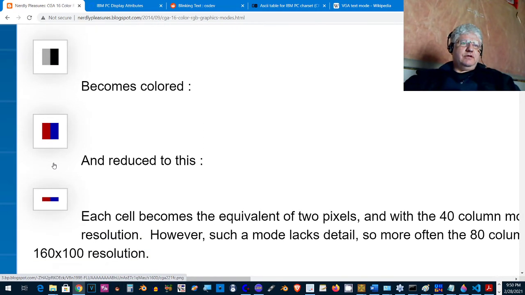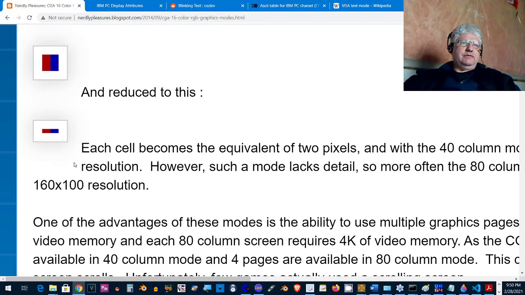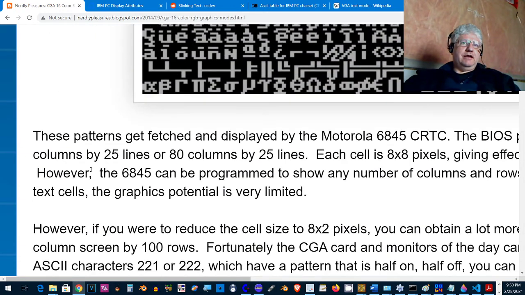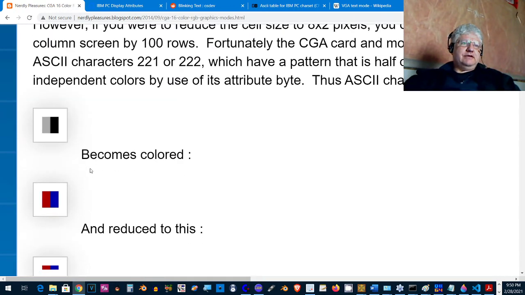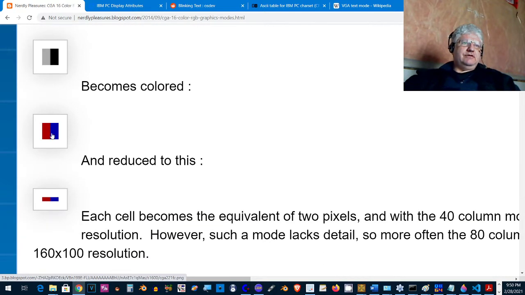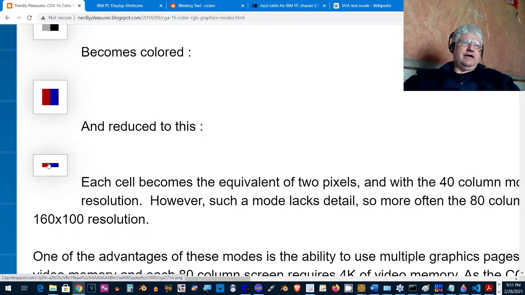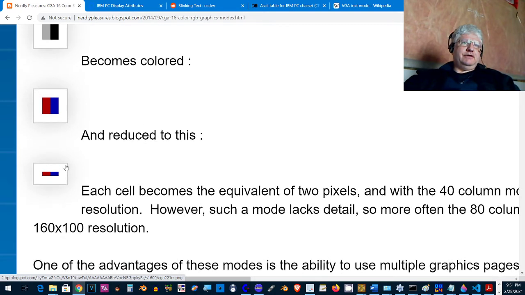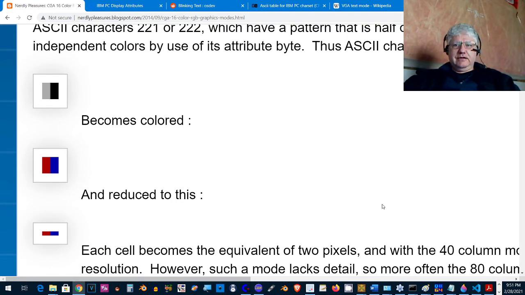And that's only part of the solution, because we can make the colors 2 colors, but it still doesn't look like a pixel. But there's an option to reduce the size of the text character down to a smaller height, and then it becomes looking like a pixel. So what I'm going to do is I'm just going to jump to some of my code,